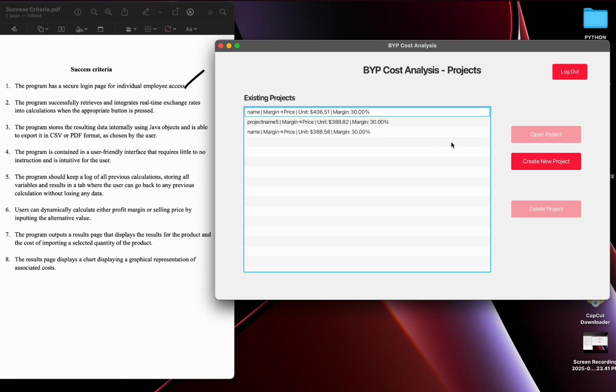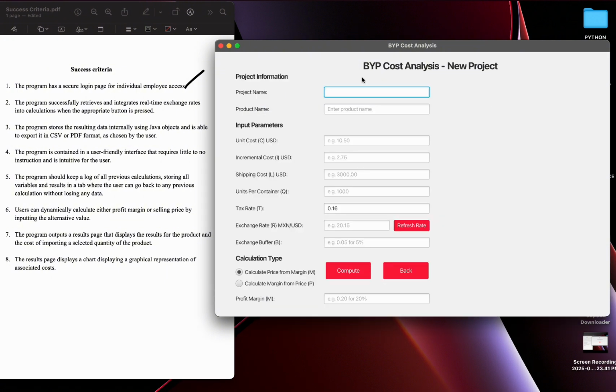And so then we have our home screen, our project screen. Here we can see past projects. These are projects I used to test the system. If we create a new project, we see our input fields, say our project name, our product name. Here we enter the parameters for the calculation, which are unit cost, incremental costs,